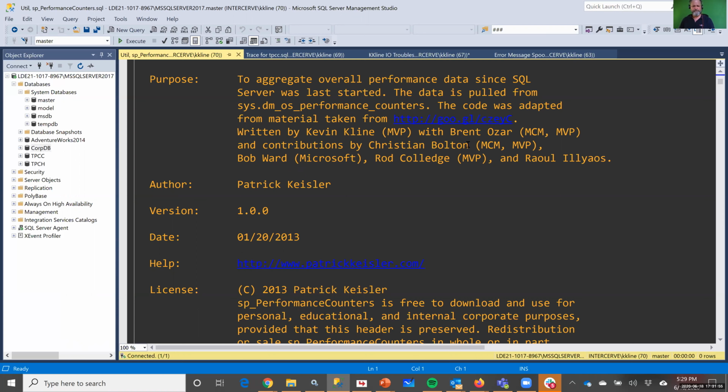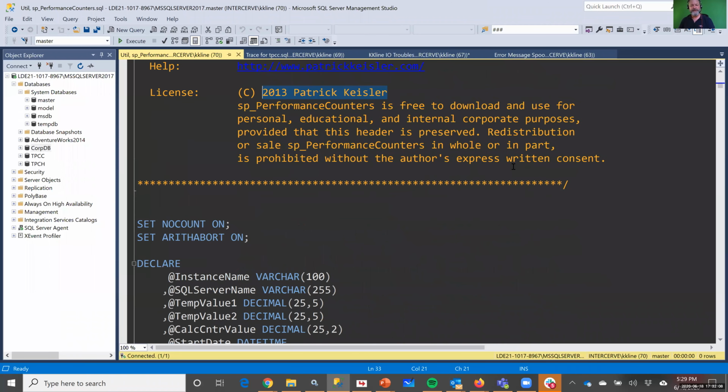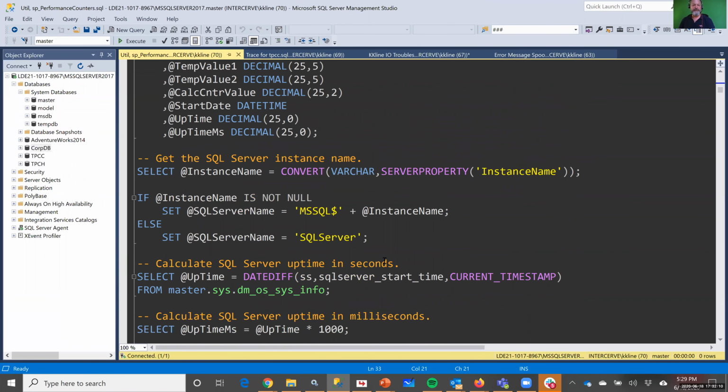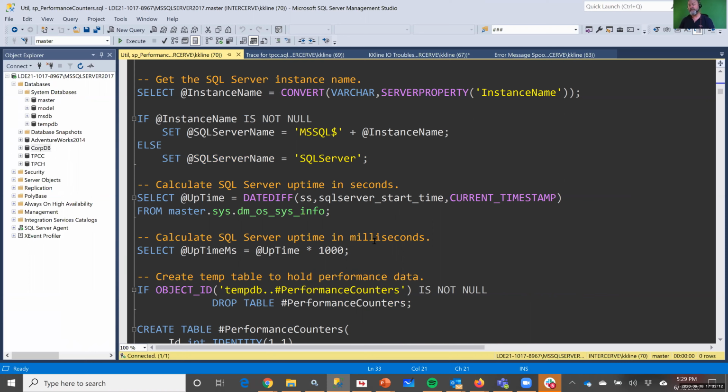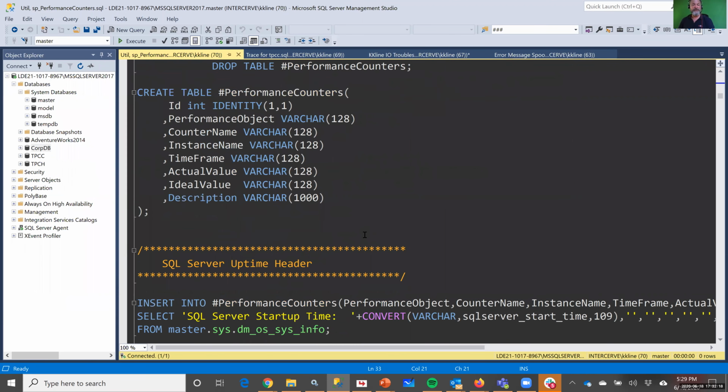And my buddy Brent contributed to that, Bob Ward and some others contributed to that poster. Well, a new friend of mine I met a few years back, Patrick Keisler, turned this into a stored procedure as well. And what you can do here is there are a couple of DMVs inside SQL Server that expose the perfmon counters,